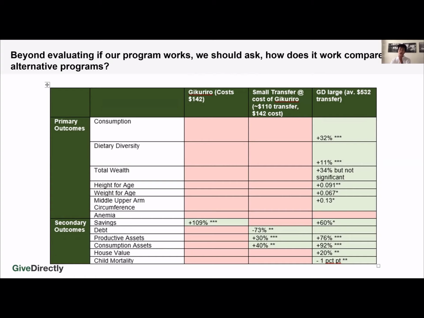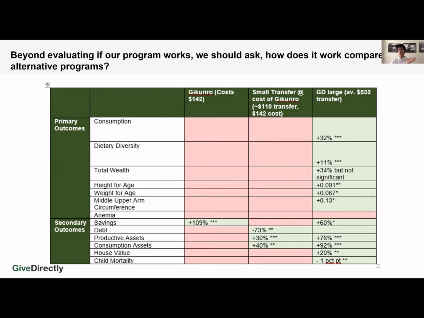And you see here that basically Gikariro had no impacts on any of the outcomes except for savings. So the savings program worked pretty well. People saved more. A similarly sized cash transfer program also had no impacts on nutrition, right? Gikariro costs $142 per household to implement. Our cash transfer costs about $142 per household to implement. It also had no impact on health, but had very significant impacts on a number of other economic dimensions. And then our large transfer size hit almost every single indicator,